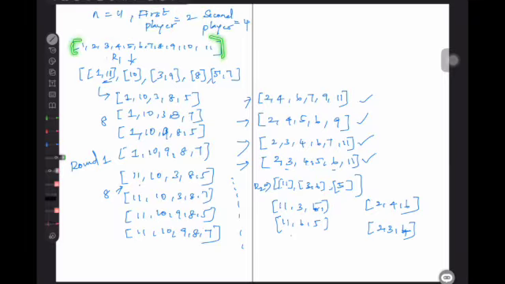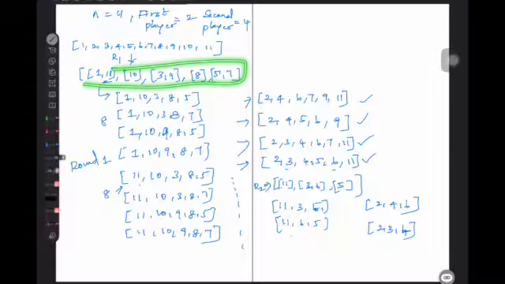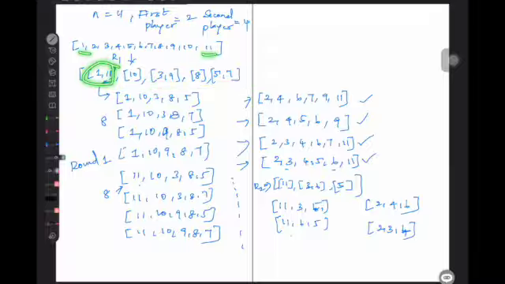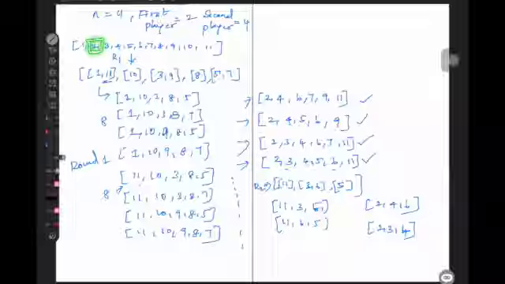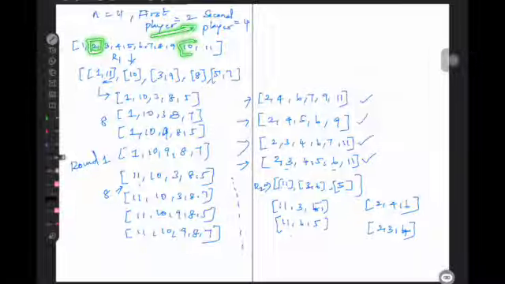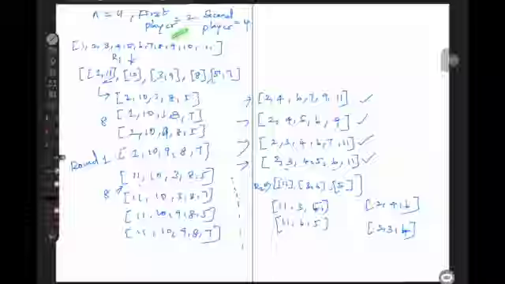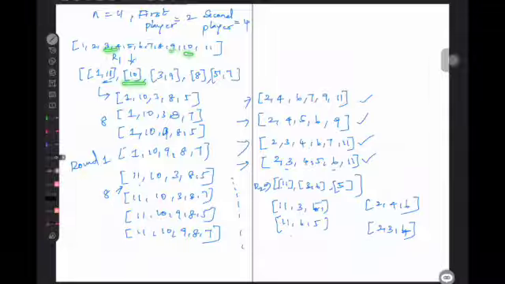So at round 1, what all could be the possibilities? Either 1 or 11 can be eliminated, so these are the array positions which are the possibilities of elimination. Okay, so 1 and 11 both can be eliminated. 2 obviously can't be eliminated, because 2 will win against any player. So only 10 can be eliminated. The same with 3 and 9. 4 competes with 8, obviously 4 will win. So 8, and 5, 7. 6 can't be eliminated because it's in the middle of the array, so it qualifies for the next round.